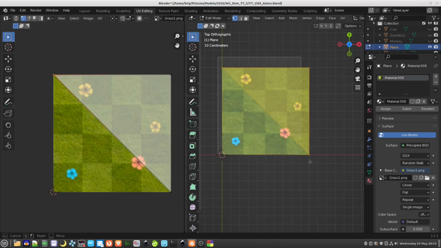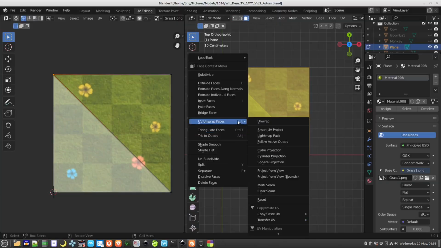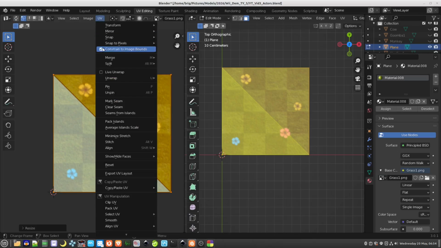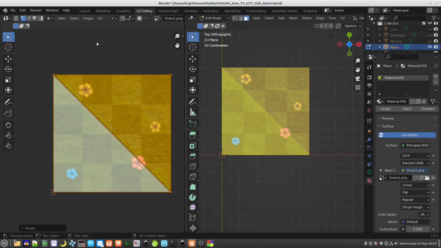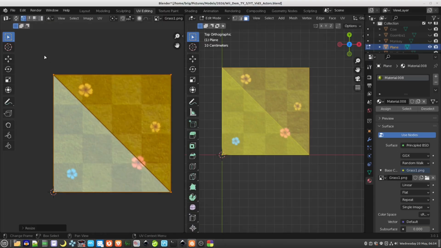So if I select all of these here, so I've selected both triangles, and then if we scale in this window, let's turn off that there. If you have this ticked here, this will prevent the UV coordinates from going outside the texture. However, what I'm doing now is I'm going to scale the X coordinate by 2,